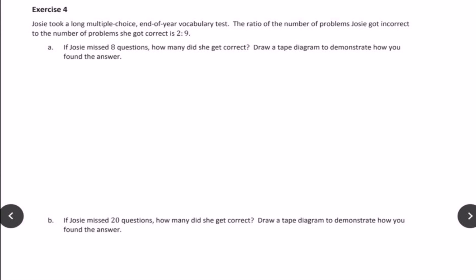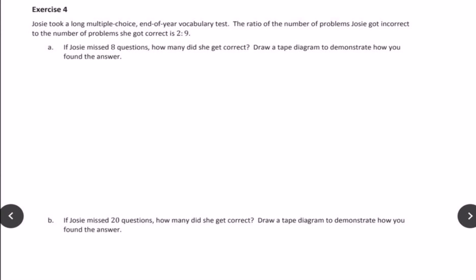Module 1, Lesson 3, Exercise 4. Josie took a long multiple choice end of the year vocabulary test. The ratio of the number of problems Josie got incorrect to the number of problems she got correct is 2 to 9. First thing we need to look at before we move any further is talking about underlining our ratio